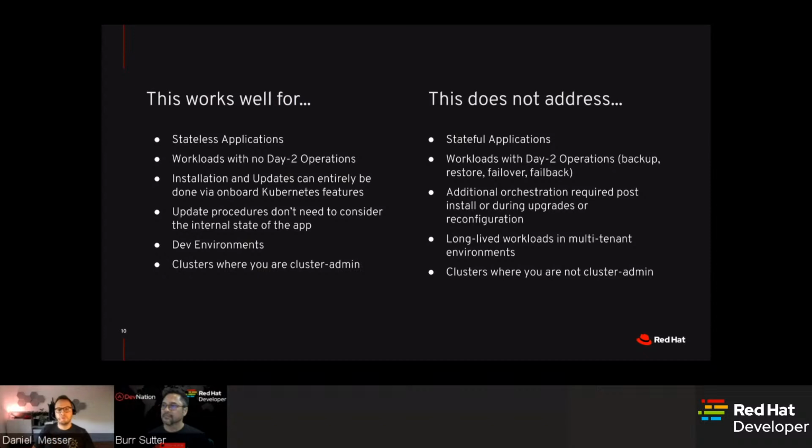So especially the CockroachDB chart had a disruptive change going from version 2 to version 3, where if you just updated the chart, you would basically lose the database content, right? So that's where the day 2 capabilities that are super important for production environments, where the workloads run for a long time, most likely in a multi-tenant environment, are somewhat hitting their constraints, right? But nonetheless, this is super awesome for dev environments, and also in clusters where you're basically alone and you're the cluster